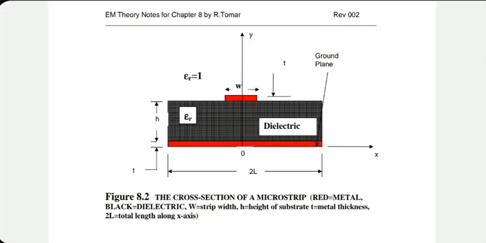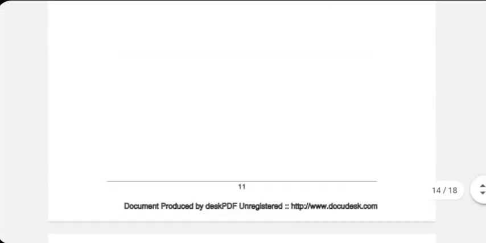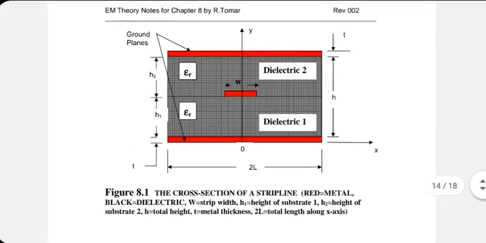The downside is that this structure is not going to support a TEM mode anymore, because in the top half you have got air, in the bottom half you have a dielectric other than air, most of the time at least. And by the way, in strip line, there were two ground planes, one metallization at the bottom of the lower substrate, the other one at the top of the upper substrate. Now the top ground plane is gone completely.